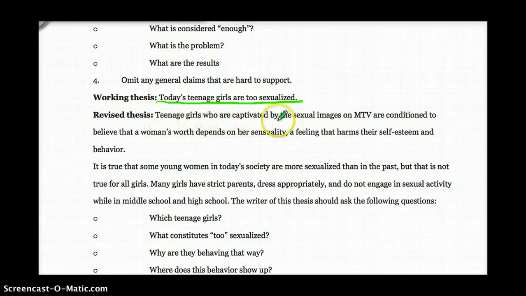Teenage girls who are captivated by the sexual images on MTV are conditioned to believe that women's worth depends on her sensuality, a feeling that harms their self-esteem and behavior. So this is much more provable. So instead of just saying